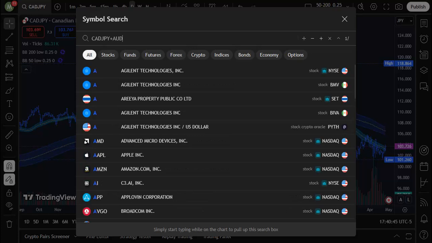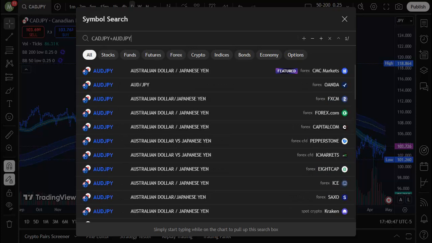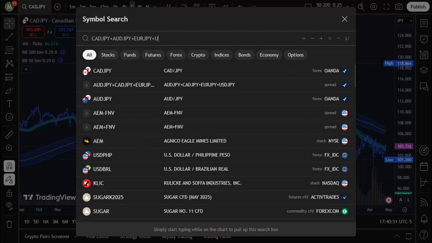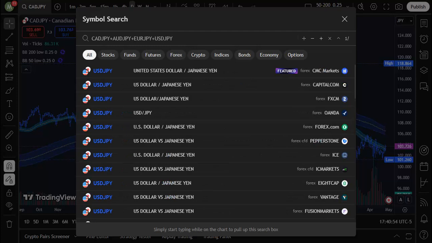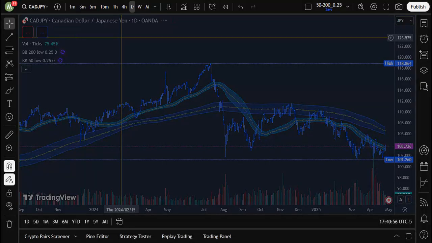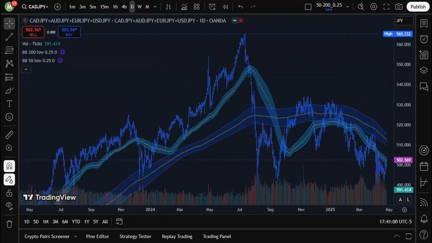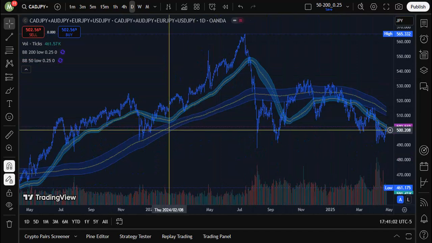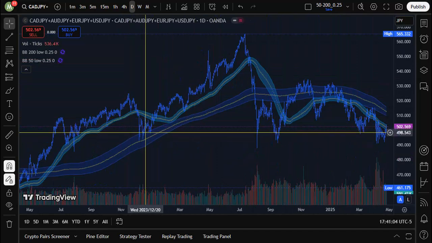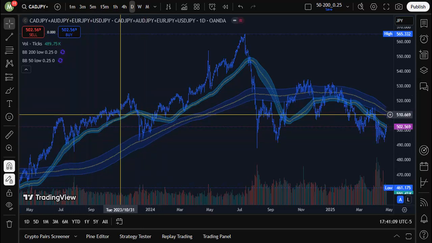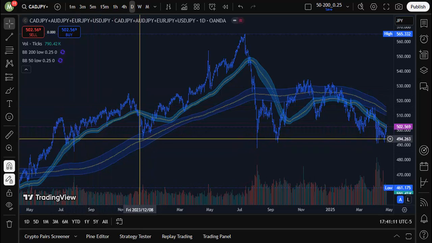So let's say the AUD yen right here we're going to add. We're going to add the euro yen, and then we're going to add the USD yen right here. Okay, so that's 4 different currency pairs that we've added together. Guess what? Look at that. You still have this position of 4 currency pairs added together is still obeying these bands